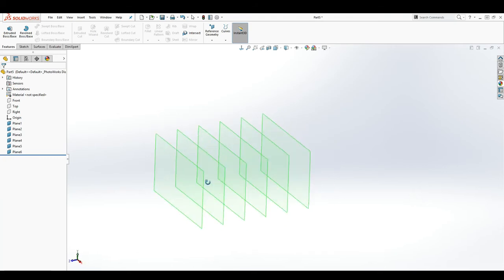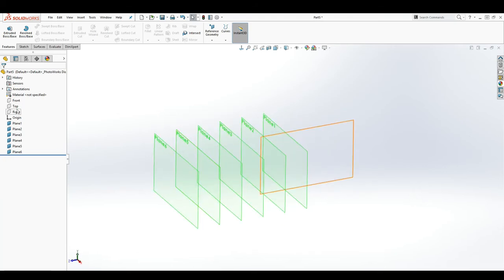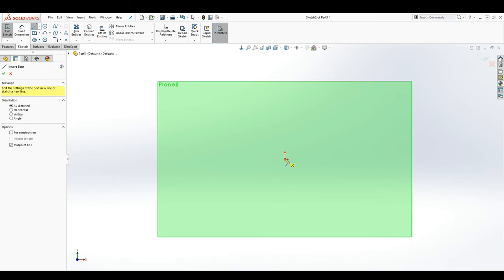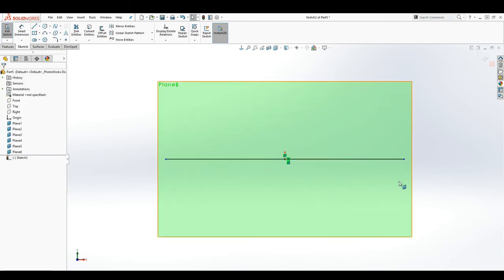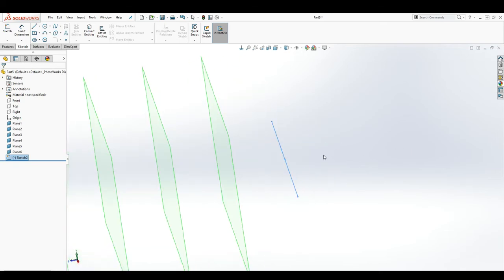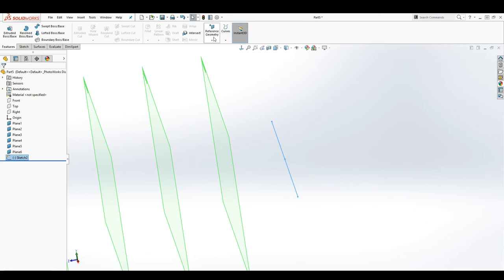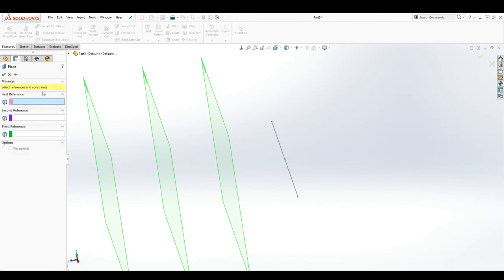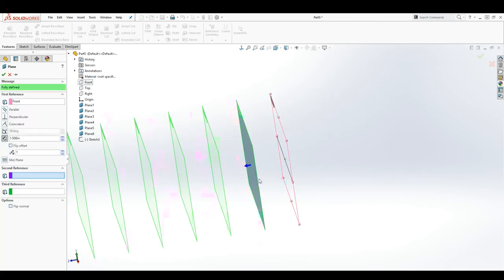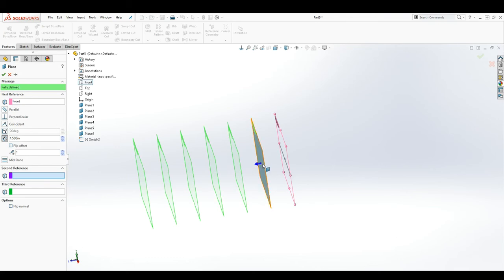And another way you can add a plane is by creating a sketch. So let's say I go on my front plane, go to sketch mode, sketch, and let's say I just draw a midpoint line, something like this on this front plane, and I will exit that sketch, right? So I have that sketch on the front plane. So I can go back, make another plane, and again I'll select my reference plane, which is my front plane. So SolidWorks is putting it parallel,